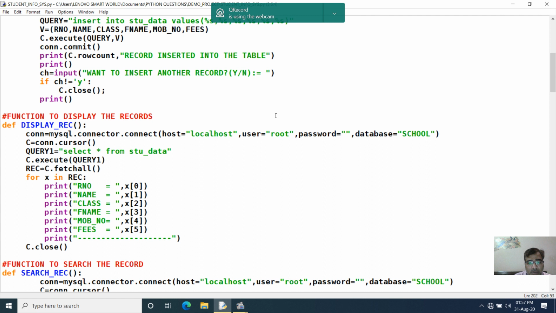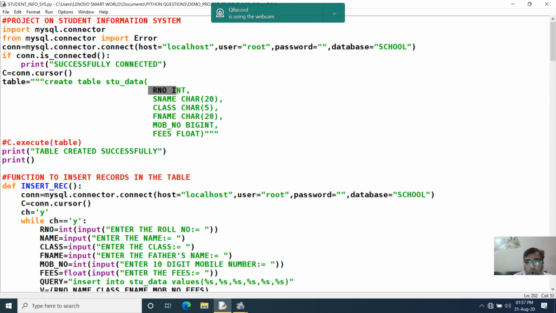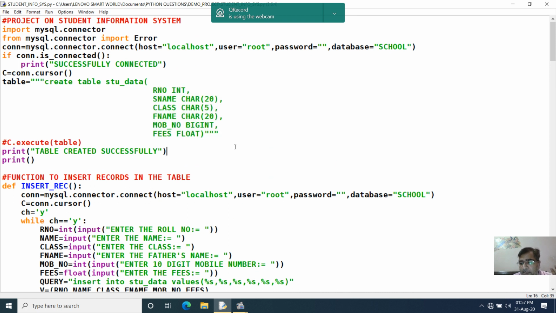I have taken only 6 fields. Do not depend only on 6 fields. You have to take number of fields and relevant fields, like you can take mother name, address, city, Aadhaar number, marks, right? All these fields, date of birth of a student, email ID of a student. Don't just restrict yourself to 5 or 6 fields. You are going to make a board project, so take as many fields as possible.